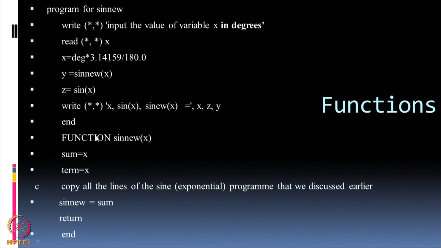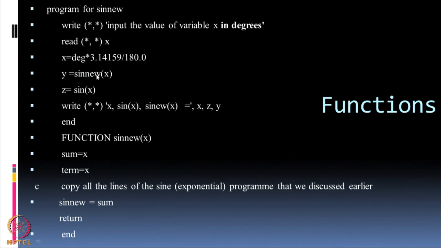All those lines will be written here. So, once you call this function, it will calculate all the values, and the sum of all those will be your sine function, that is x minus x cube by 3 factorial and so on, that is your sum. Calculate that sum, equate sin nu equal to that sum, return and end. So, what does the program do? y equal to sin nu of x goes to this function, calculates all these values, equates sin nu to the value of the function and returns that to the y value. So, now what is y? y is nothing but the sine function calculated.